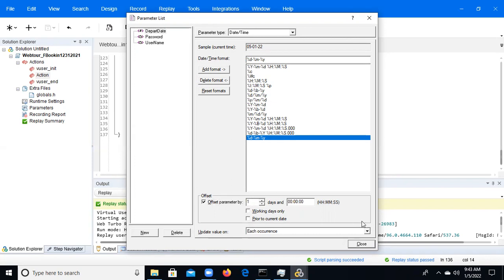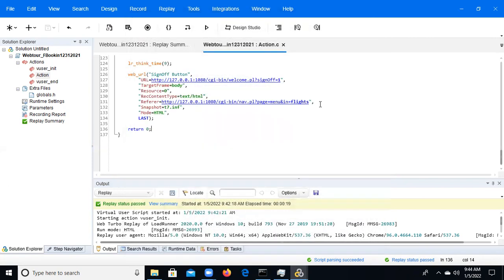You can observe we are giving it for each iteration. Okay, then I am giving just offset 1. Then we can close it and run.